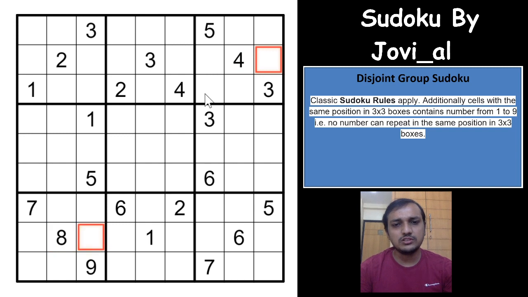So you can't have the same digit in the same position in 2 different boxes. Whenever you try to place a digit or mark digit possibilities in 2 or 3 cells, look at all the other boxes and then mark the digit. That will help you save a lot of time while proceeding with the Sudoku. And with that, we'll start solving this Sudoku.